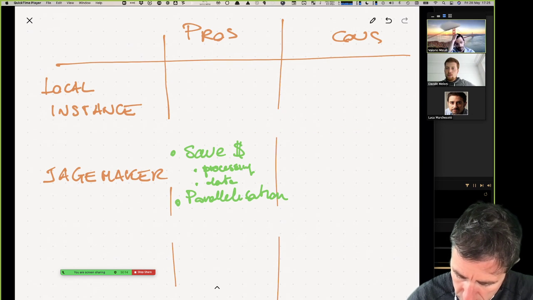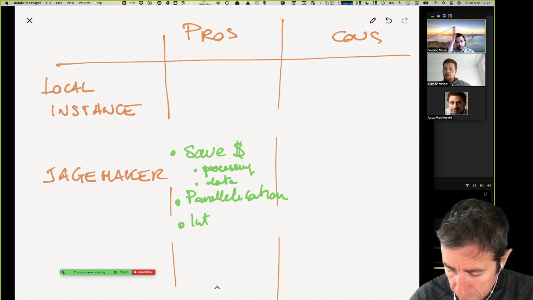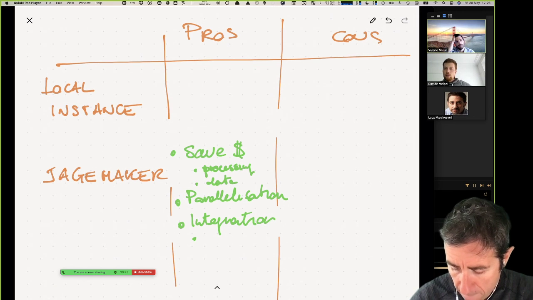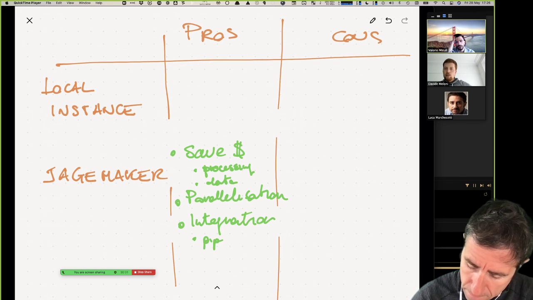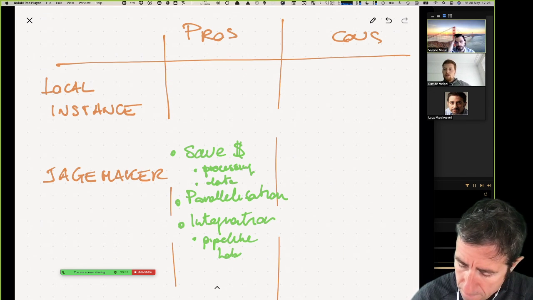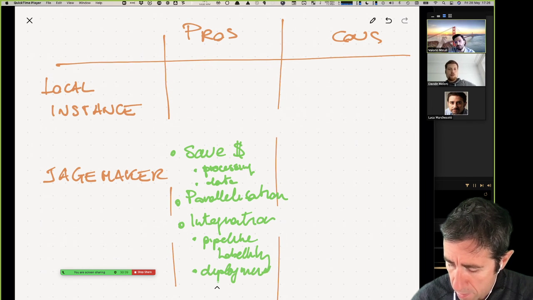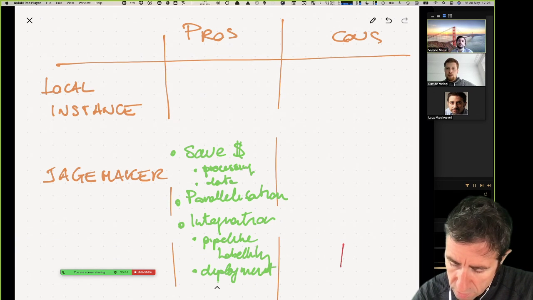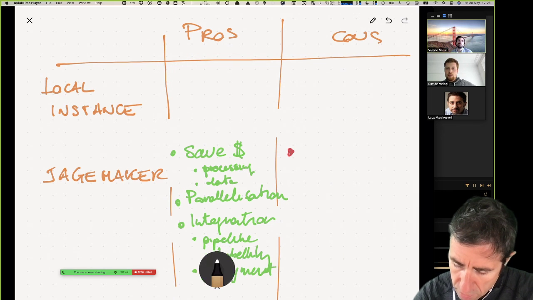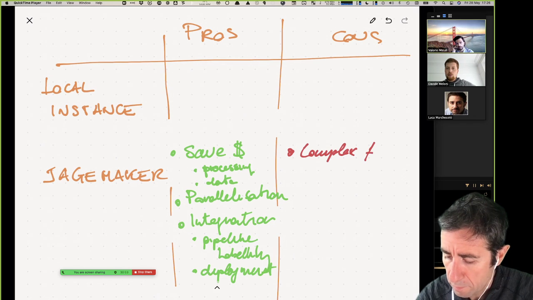There are some other interesting characteristics, like you can integrate SageMaker with annotation jobs and so on. You can integrate SageMaker notebooks into the typical pipeline of machine learning, from labeling data to deploying the models, and reusing the model for annotating new data. Okay, cons. This pipeline might be complex for very specific problems,